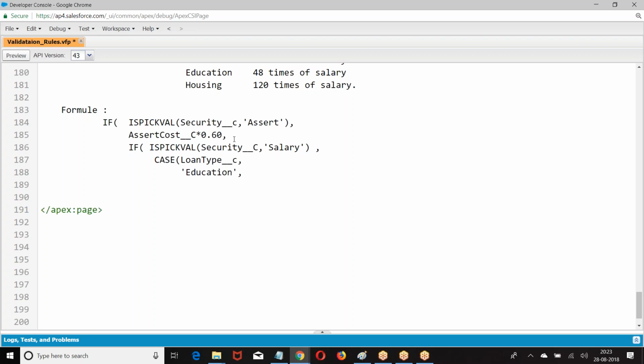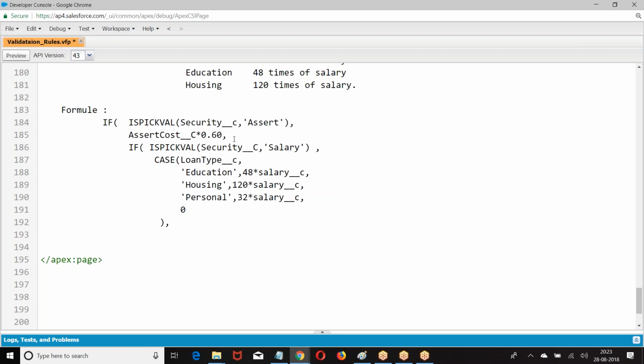If loan type is education, 48 times of, if loan type is education, 48 times.